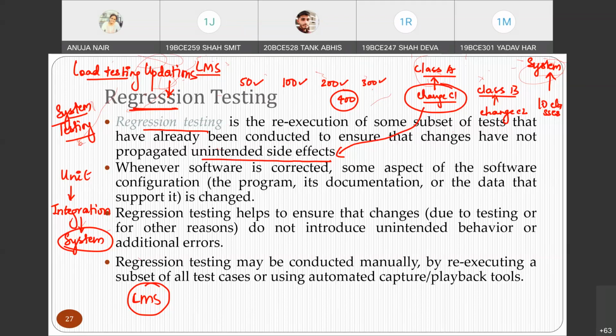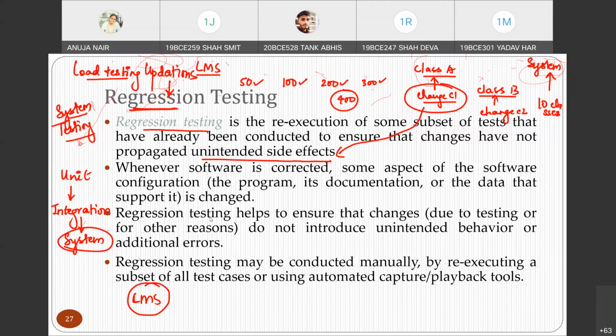It will not be called unit or integration testing now, because unit or integration testing is done initially. Once the entire integration is completed, you will not call it unit testing or integration testing, you will call it regression testing, right? So whenever software is corrected, some aspect of the software configuration, that means the program or documentation or data, is changed.